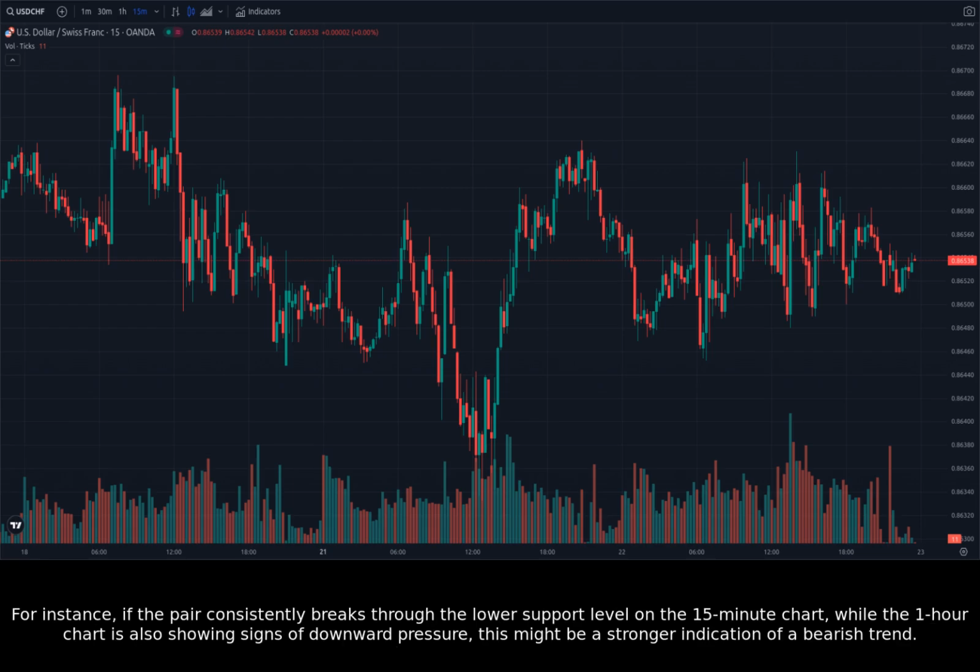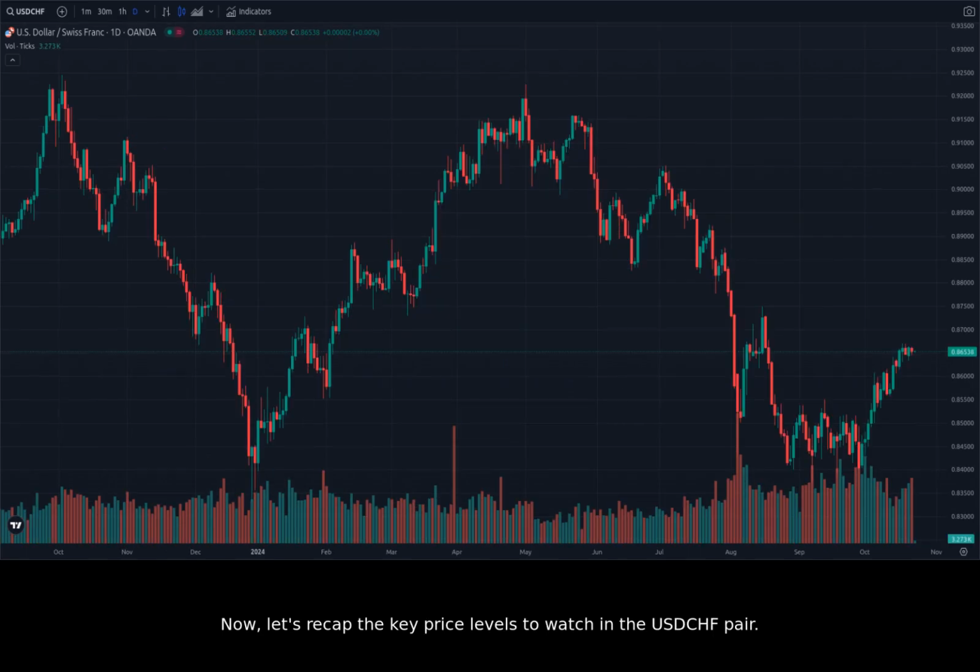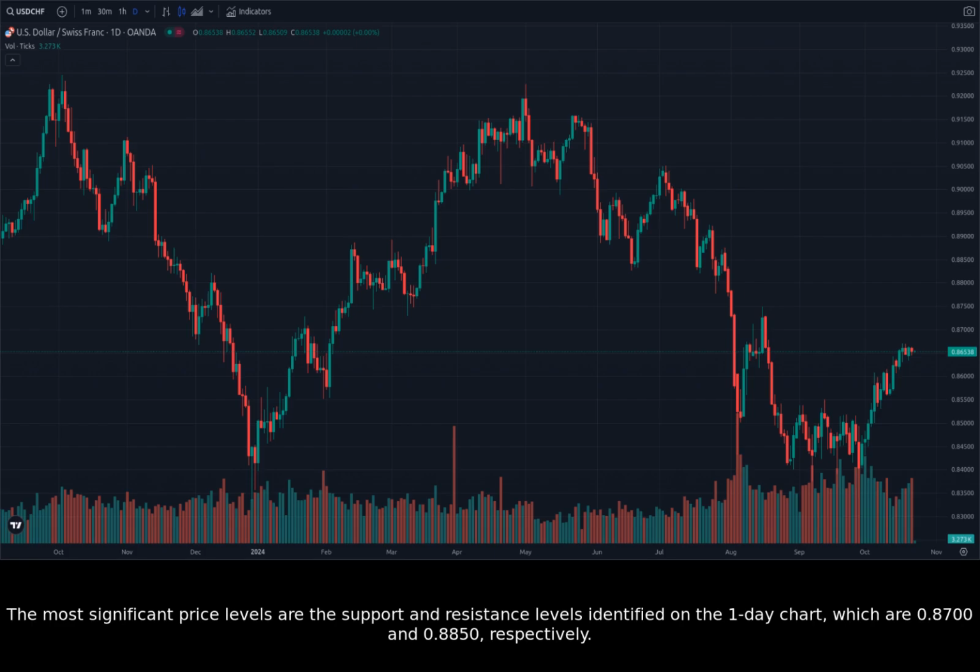For instance, if the pair consistently breaks through the lower support level on the 15-minute chart, while the one-hour chart is also showing signs of downward pressure, this might be a stronger indication of a bearish trend. Now, let's recap the key price levels to watch in the USDCHF pair. The most significant price levels are the support and resistance levels identified on the one-day chart, which are